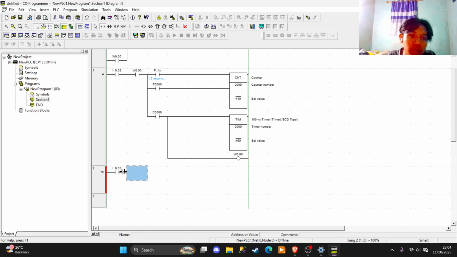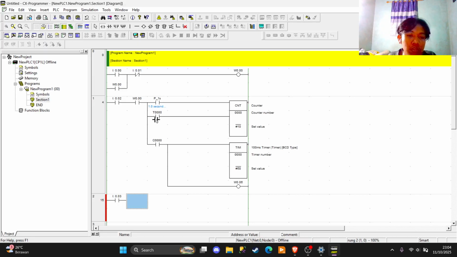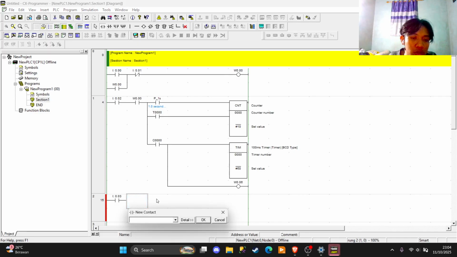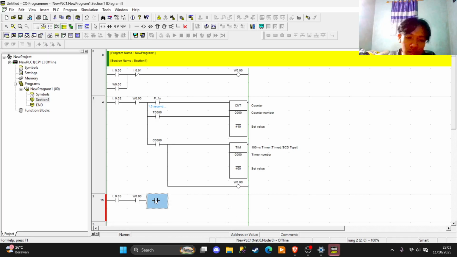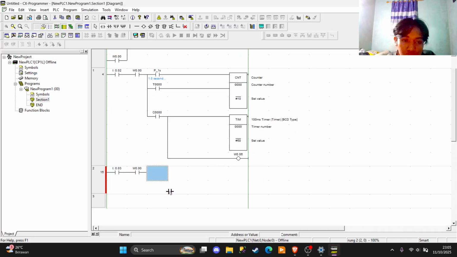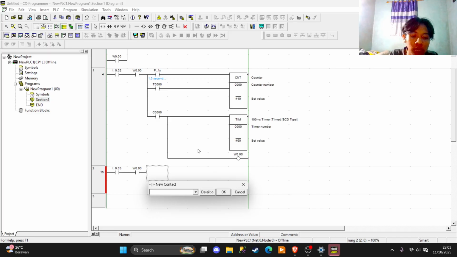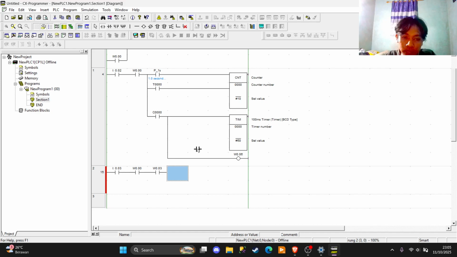And then, same as the previous system, we use the output from the interlocking system in rack 2. So W000 is the address, and then we put W003, and then we put the reversible counter with the address 001, and the value is 10.